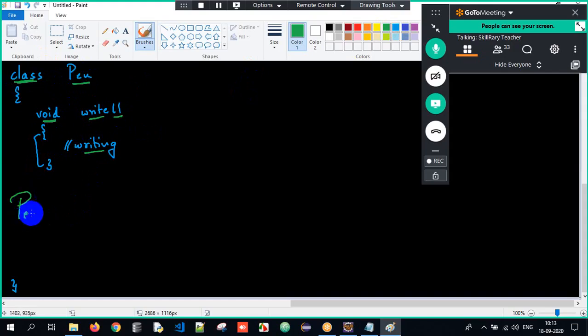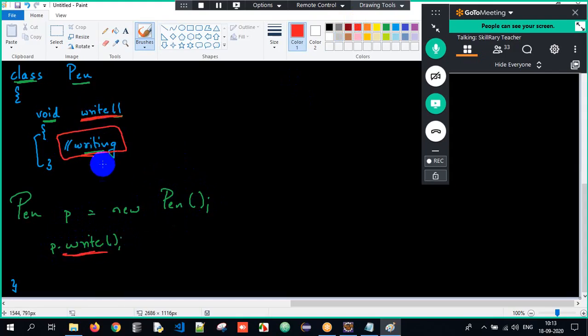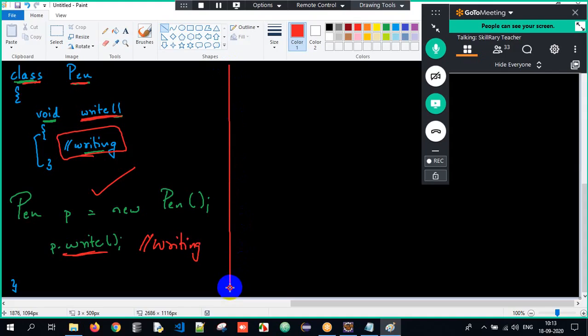I create an object, Pen p equals new Pen(). I create an object, and when I call the p dot write method, I will call the method and writing is the implementation. I'll get the output as writing here. So this is a concrete class, and I can create an object successfully. I can create an object successfully. Imagine